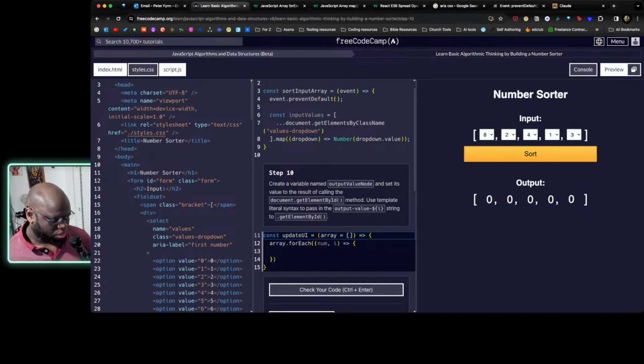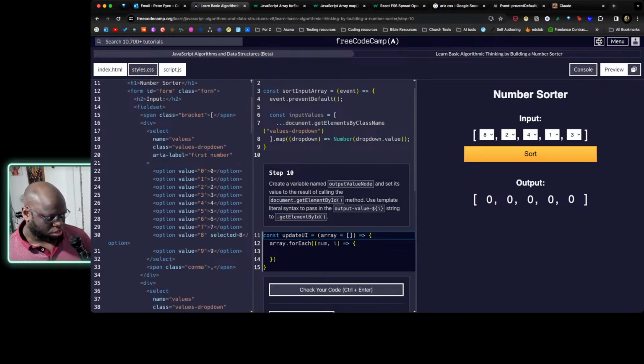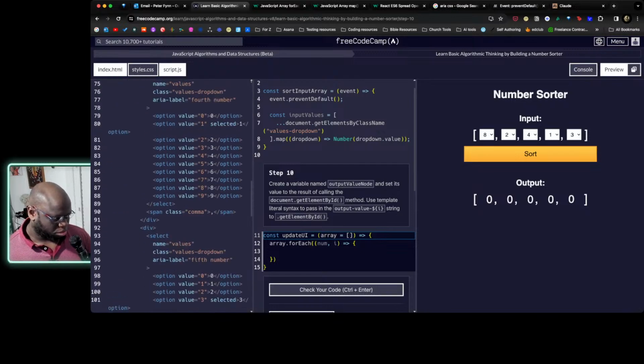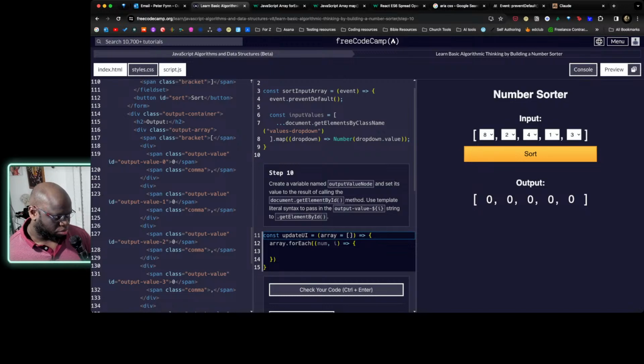We're looking for an ID. Probably in the output-value-id-1, output-value-id-2, and we are then building that into the string. So anyway, what we are supposed to do is